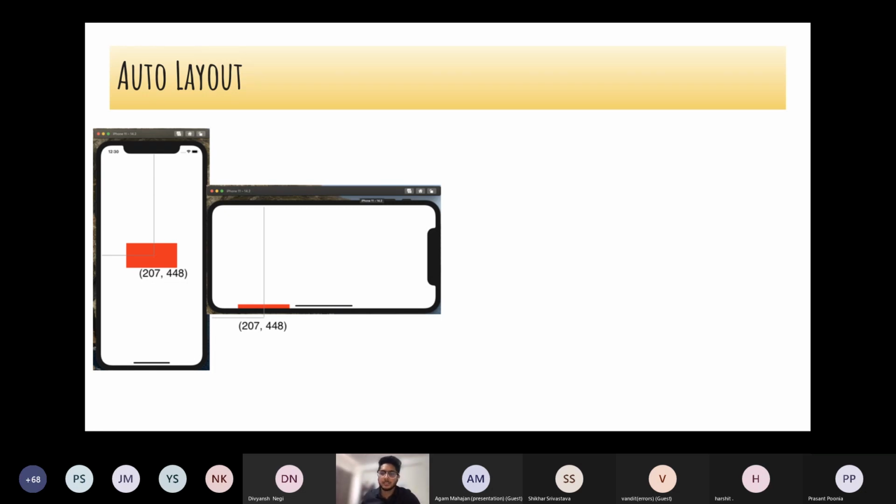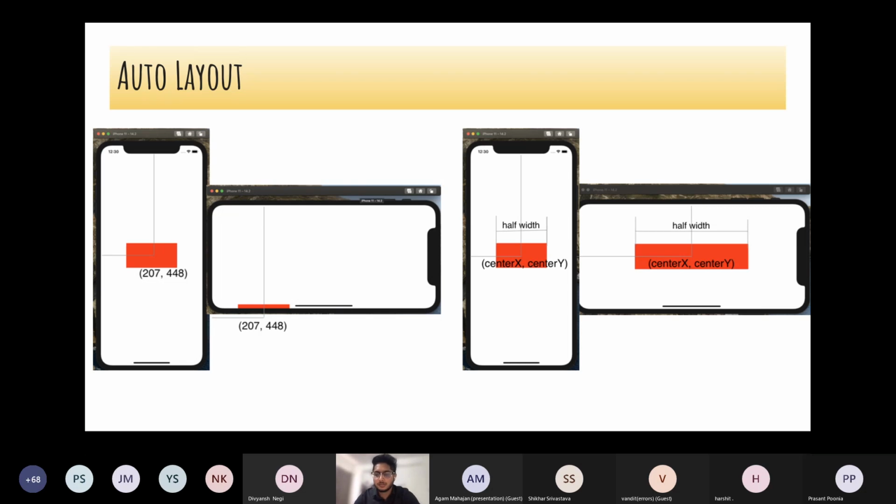If we give the view constraints as center X and center Y, and the width as half the width of our whole screen, then if you change orientation, your view will automatically adjust. Even if this goes to iPad, my view would be similar. It won't break.